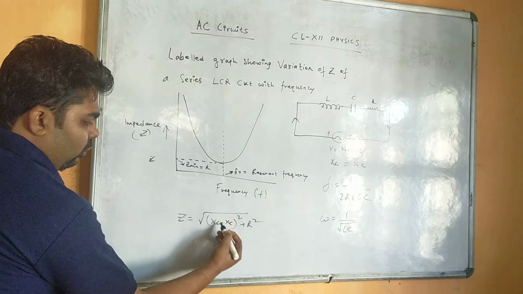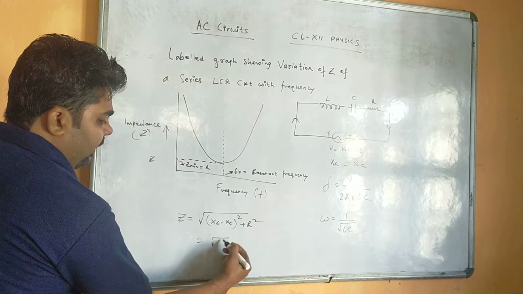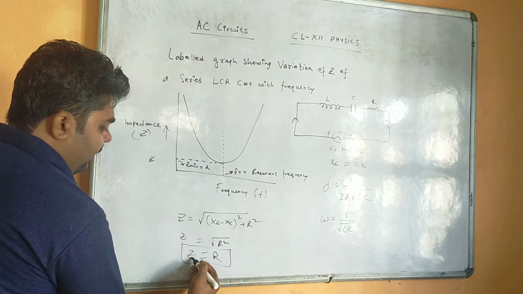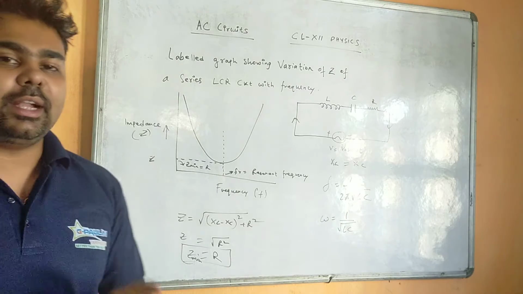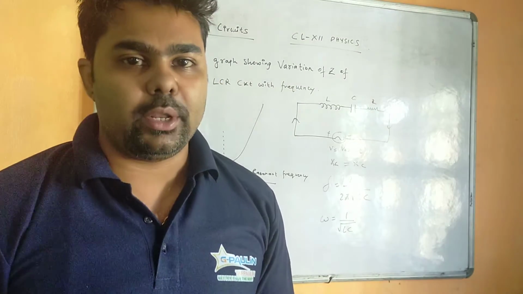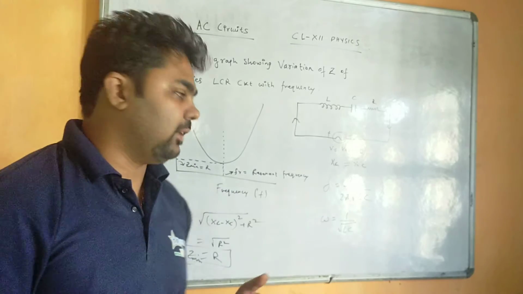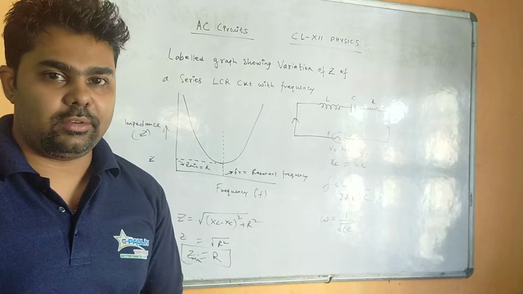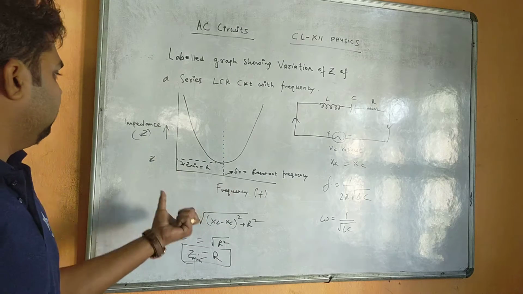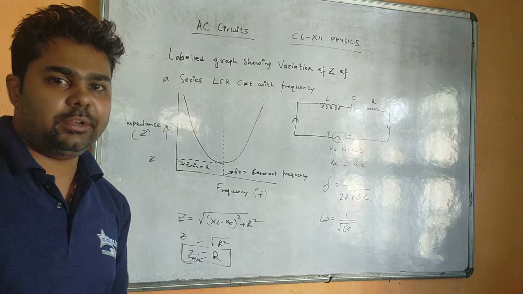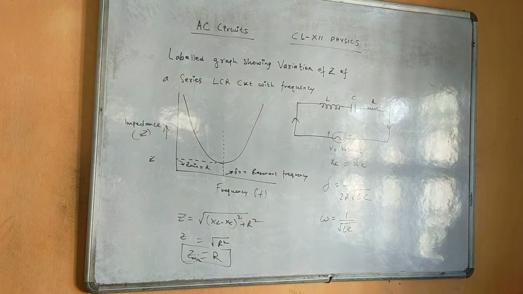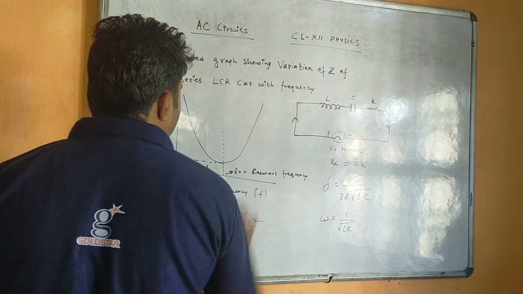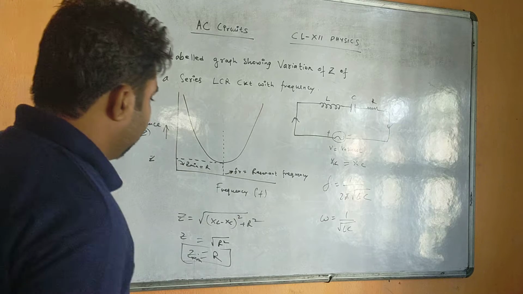That means if XL minus XC is 0, that is XL equals XC, then we get R square, that is Z equals root under R square, or Z equals R. That means the minimum impedance is the resistance. At that time the circuit starts behaving like a pure resistive circuit, right? So at resonance condition, impedance becomes minimum, therefore the circuit behaves like a purely resistive circuit. So this is the impedance versus frequency graph, right? On further increase of frequency, the impedance starts increasing. So this is the nature of the graph.